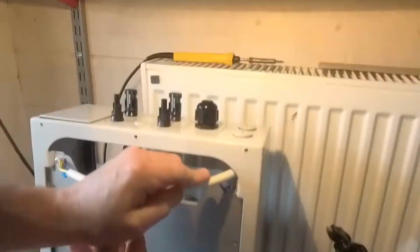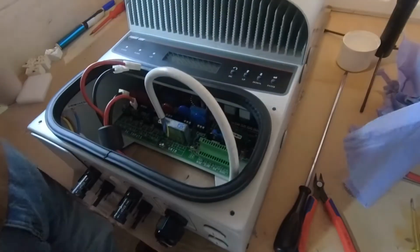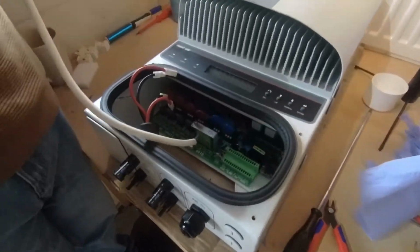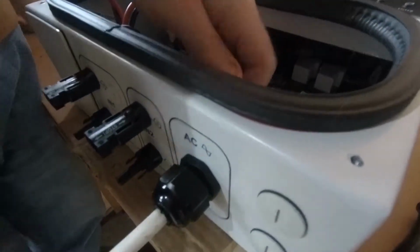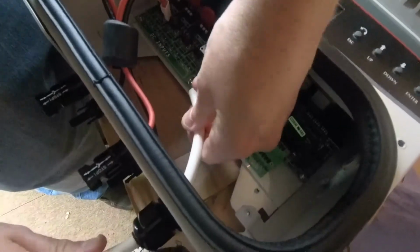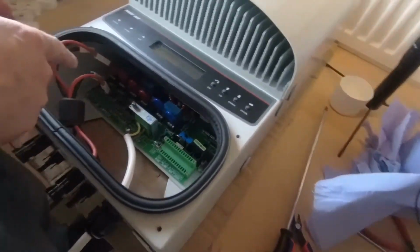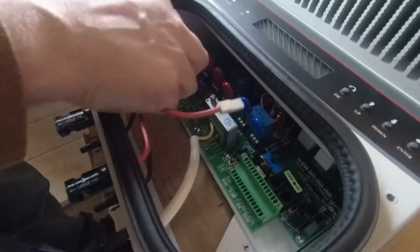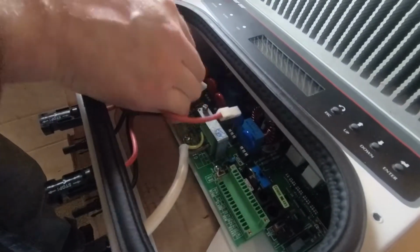We now are in a position to connect the DC for the solar panels, but let's first just make sure we get our grid cable routed back through the cable gland. Nice and neat. Okay. And now remember, we labelled these earlier. So this one was 37, hence the 7, and it came from the middle. So 7, nice and tight, it's gone on beautifully. This one is 9, which is that one. So now that one must be 0, and that's